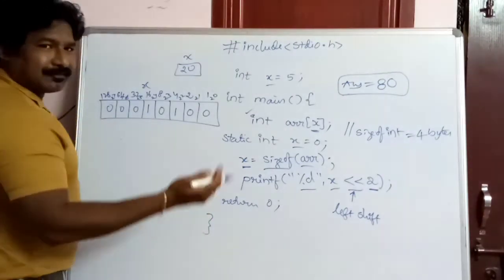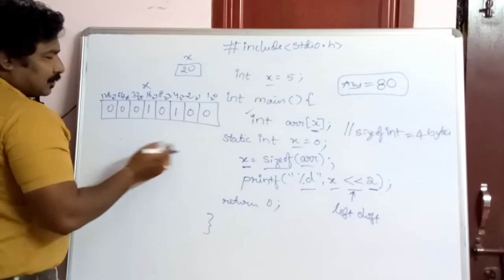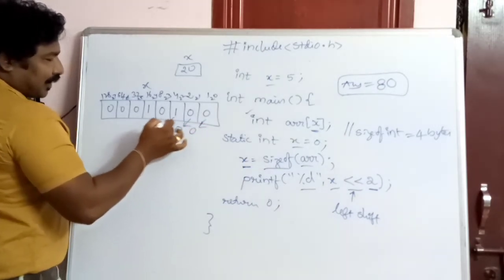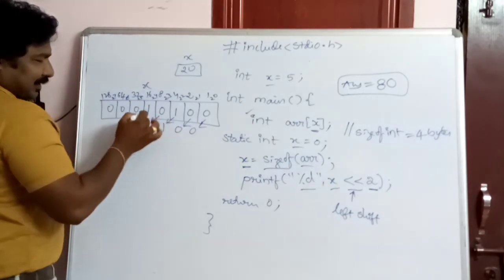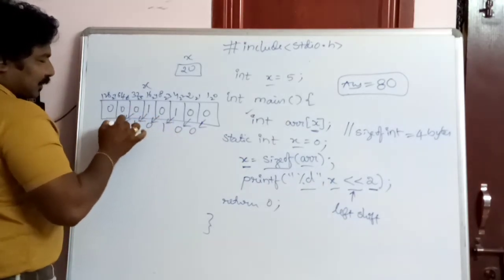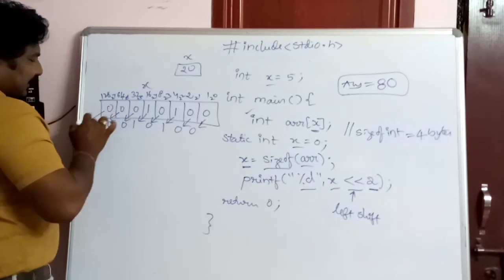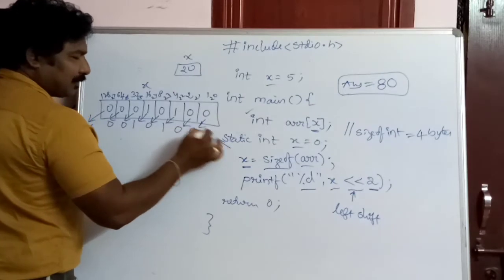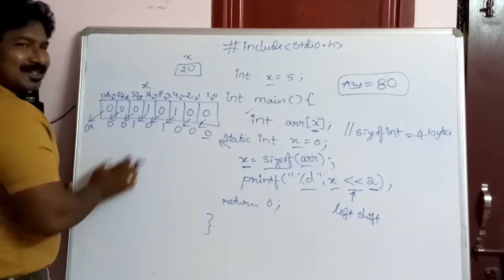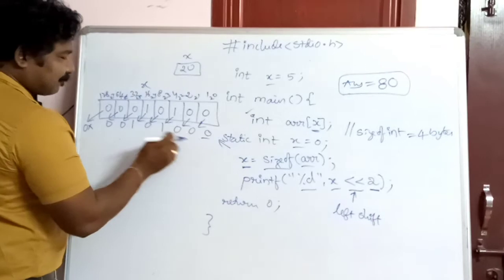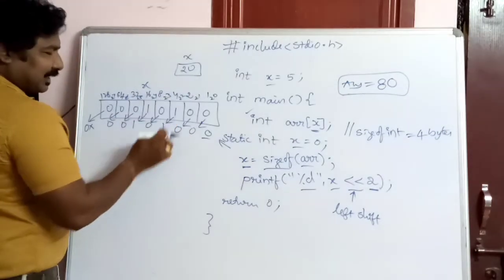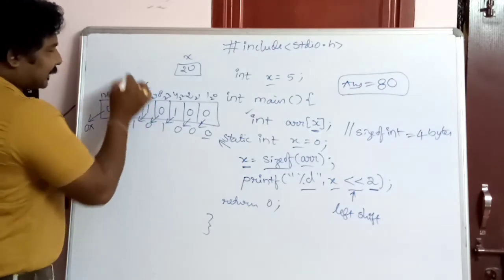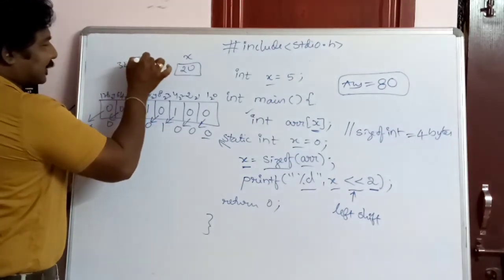What happens if I shift my value towards the left? Towards left means each 0 moves one place over, the 1 moves to the next place, and the leftmost bit goes outside and is discarded, and a 0 comes in from outside. So what is this value? This one is at 2 power 3, that is 8, and this one is at 2 power 5, that is 32. So 32 plus 8 means 40.